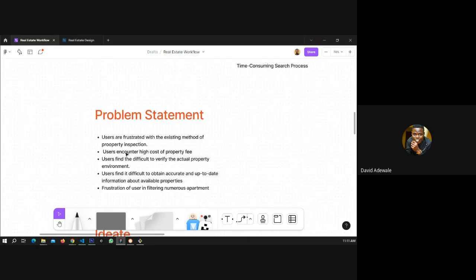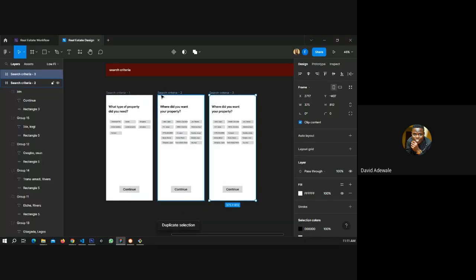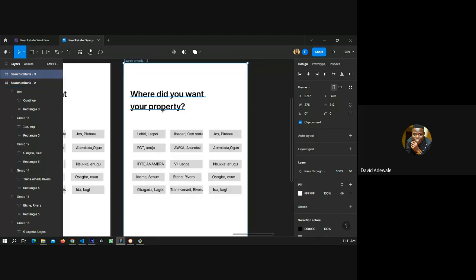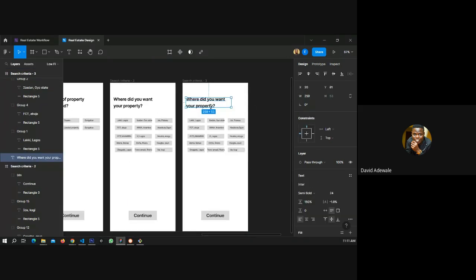Users encounter high cost of property fees. So we want to know how much you can afford. So when we are searching, we also need the pricing budget. Now, these are some of the words that I composed myself. Somebody give me something that I can use for the pricing. How much now on pay?